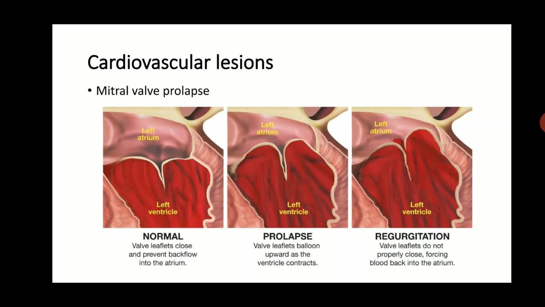Cardiovascular system is also involved. The heart and aorta are mostly involved in this disorder. Typically, these patients develop a defect in the mitral valve, which is known as mitral valve prolapse. If you see the middle picture of this panel, you will see that the mitral valve is hooded, that is, it is protruding into the left atrium.